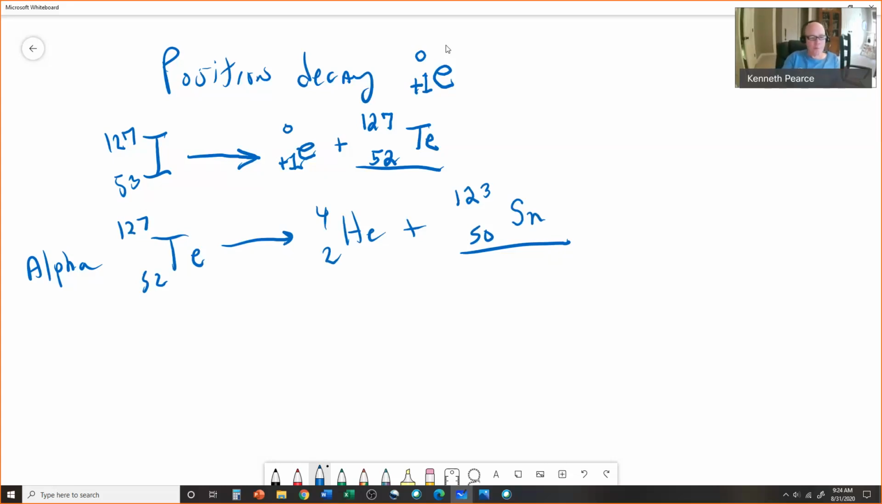And gamma, which is radiation, you're actually taking an element that is excited, such as technetium, which would be